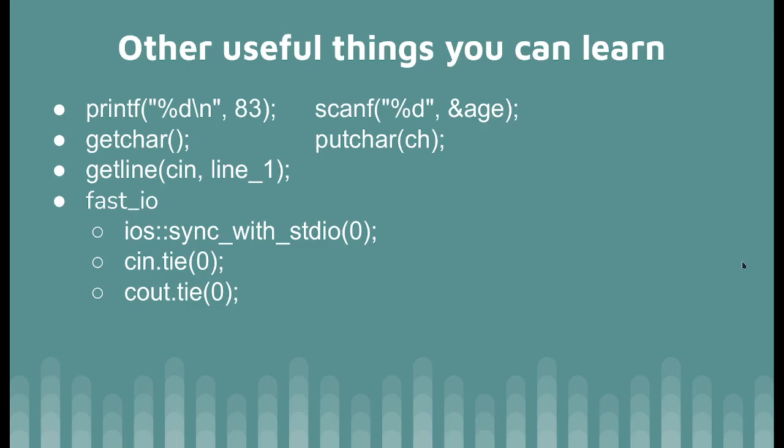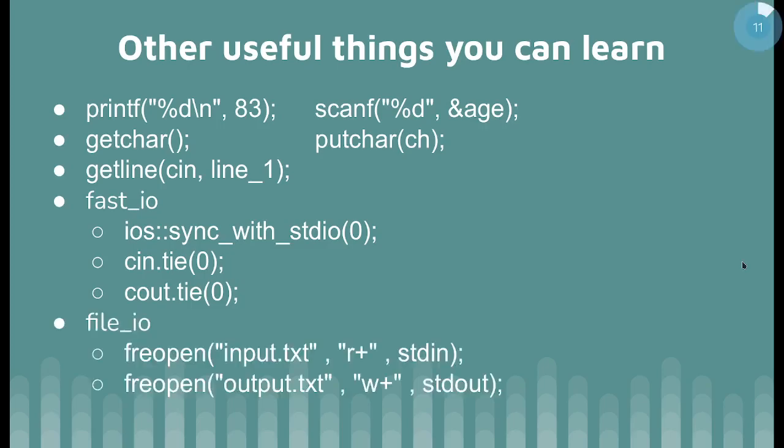When you are using only cin and cout and you don't use printf and scanf, there are some things that are the same from C and C++, and because of that C++ is somehow a little bit slower in getting input. But with these commands you can make it faster, the first one, the second one, the third one. After using this you shouldn't use printf and scanf. It's not guaranteed to be okay.